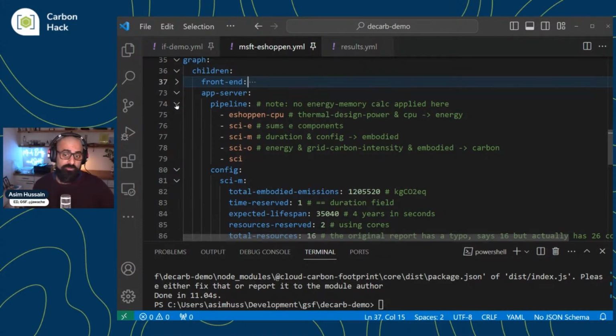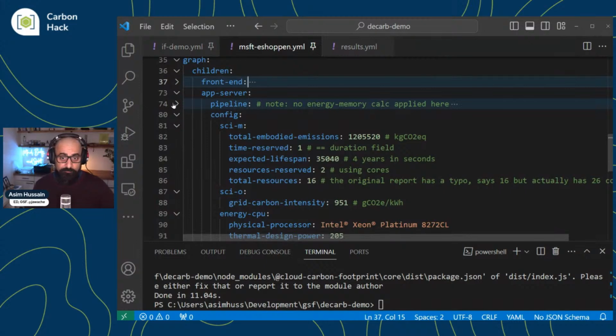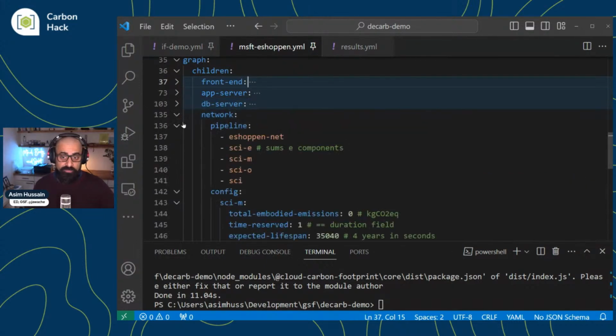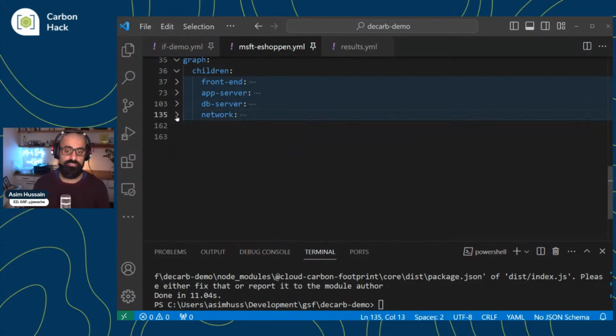If you're computing network, you don't need CPU utilization. For network, we need something else: something which converts gigabytes transmitted to energy, or gigabyte transmission to carbon. That's how it works. That's why the pipeline of micro models is so useful and so important.